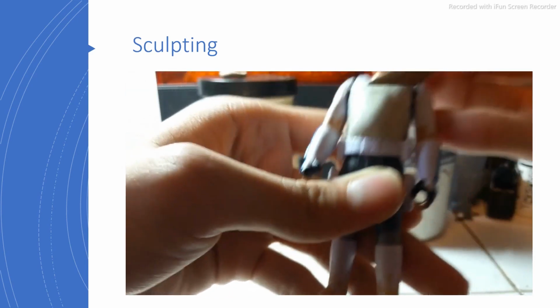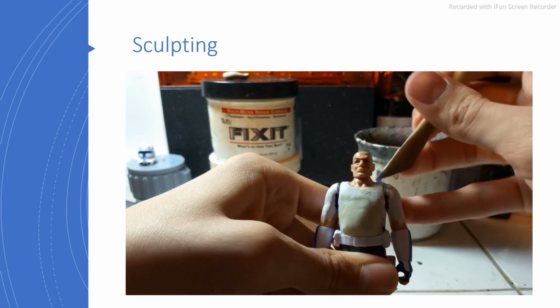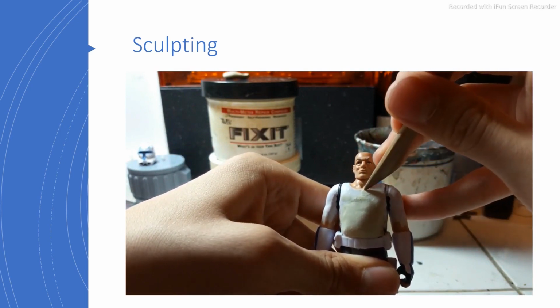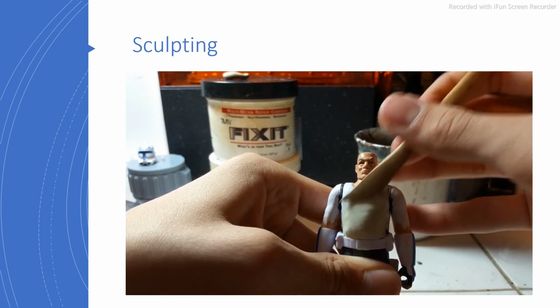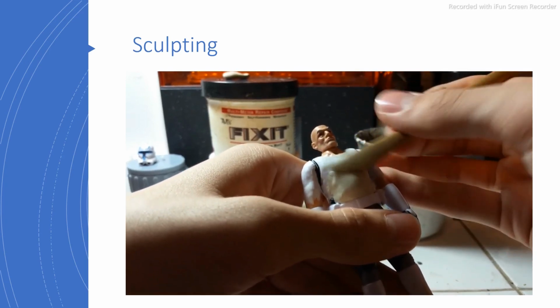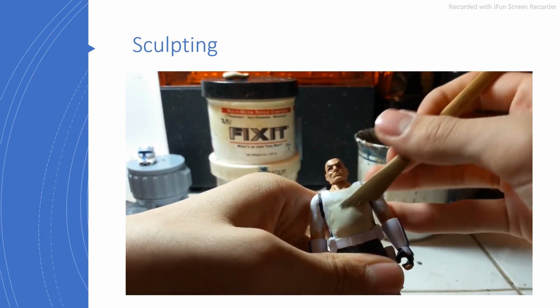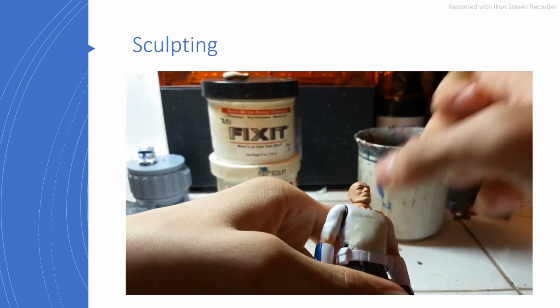I'm just going to push some of the excess over here and try to form the open neck of the shirt. And one of the keys to sculpting nicely is to sculpt in layers. If you go a little bit at a time and think of your sculpt in layers, almost like